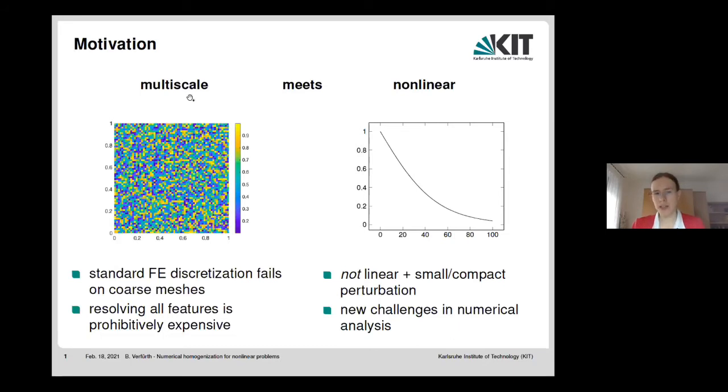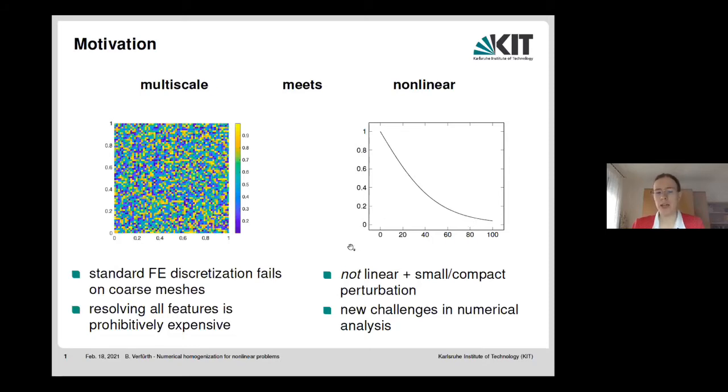Apart from that, as I said, multiscale meets nonlinear. So in many cases, you have some picture like this, where you have on the x-axis some physical quantity and on the y-axis the related material property. And in certain regimes, you can well model it with a linear constitutive law, a linear response law. But if you come typically to something like high intensities, high stresses, you have to use a nonlinear model for this.